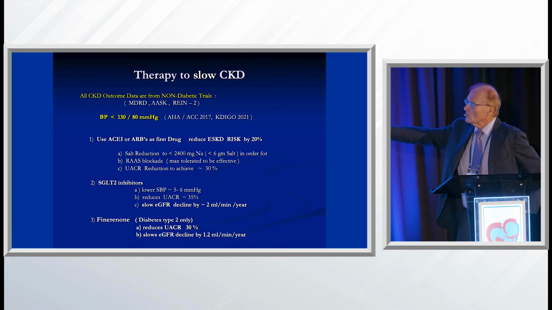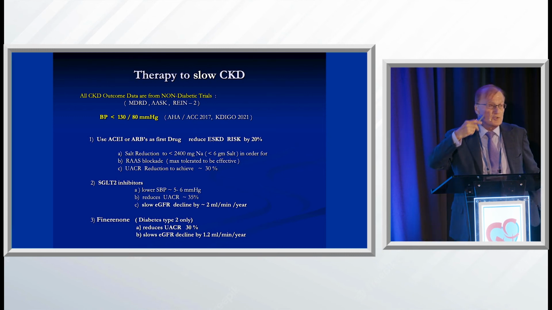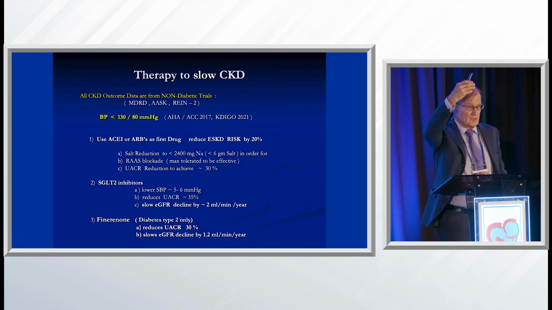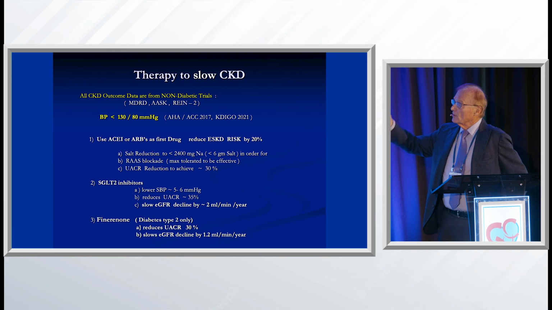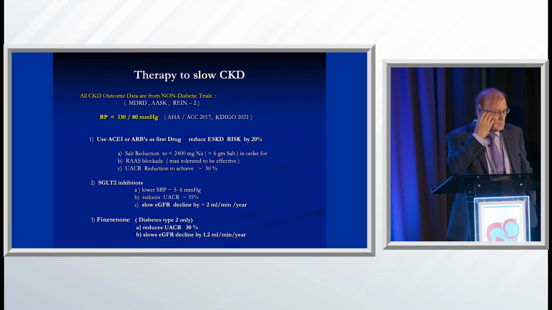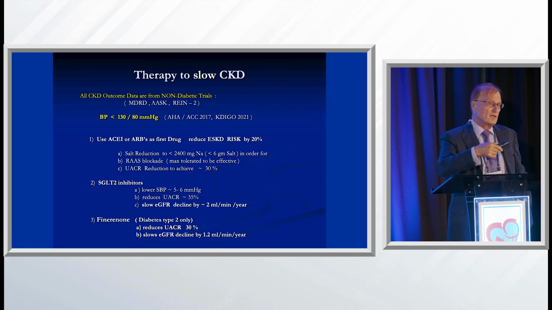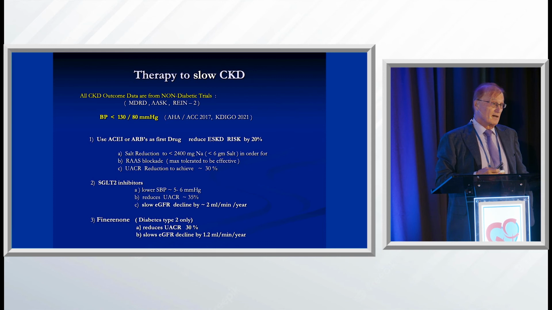So you reduce the salt to less than 6 grams. You use max tolerated doses of ACE or ARB. And you try to achieve a 30% reduction of the urine albumin. So if it was 600, you go to 300, or at least down by 30%. Most of them, if you get the salt below 6 grams, and if you get the pressure below 130, and you get max doses of an ACE or ARB on board, you can see as much as 50% reduction of albuminuria. So 1,000 may become 500.